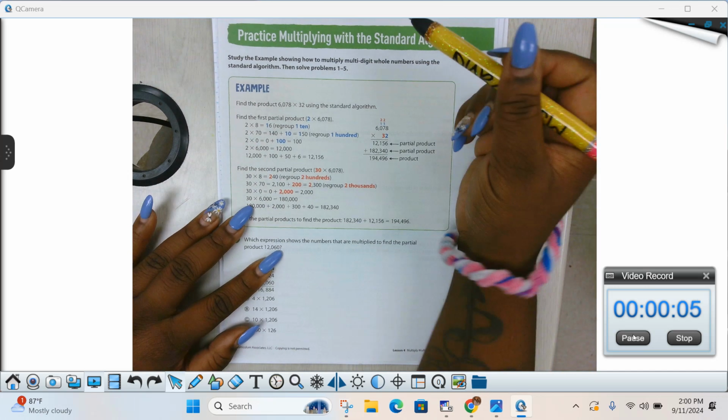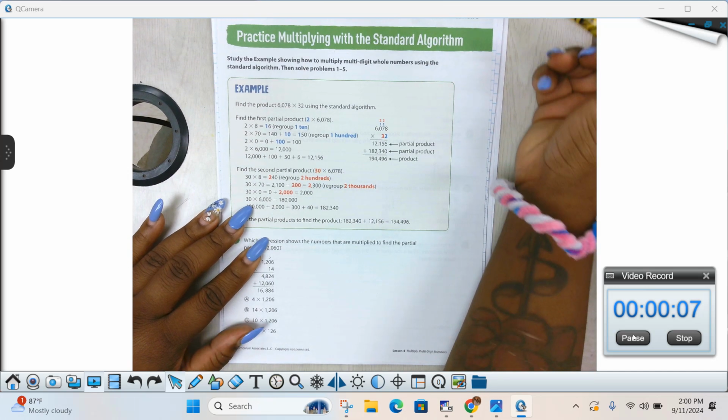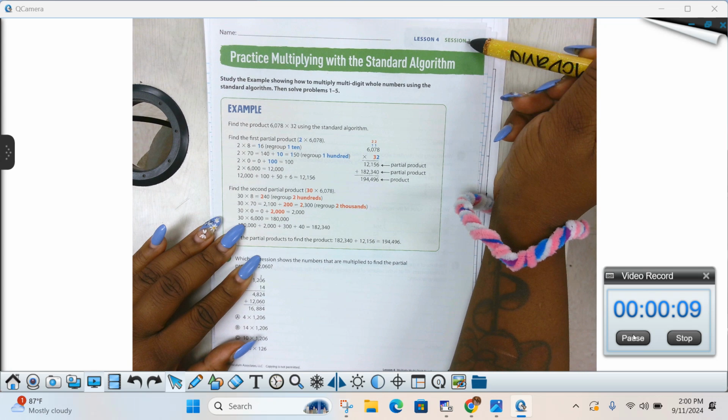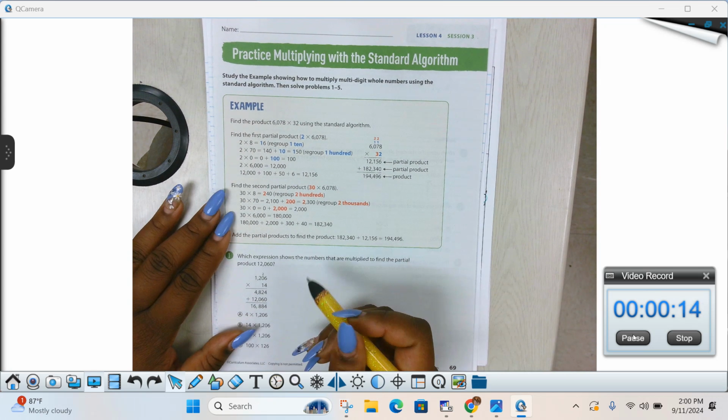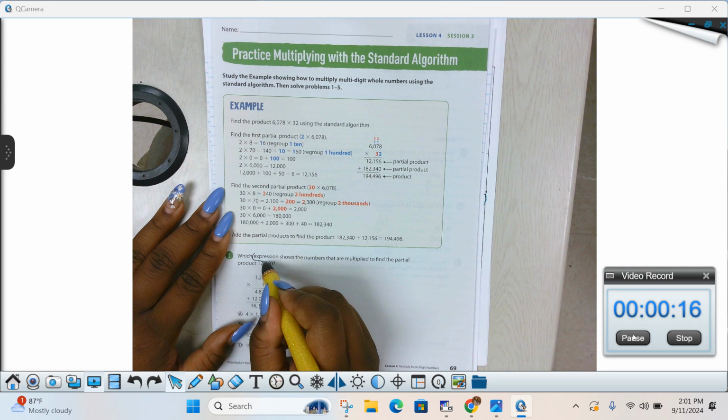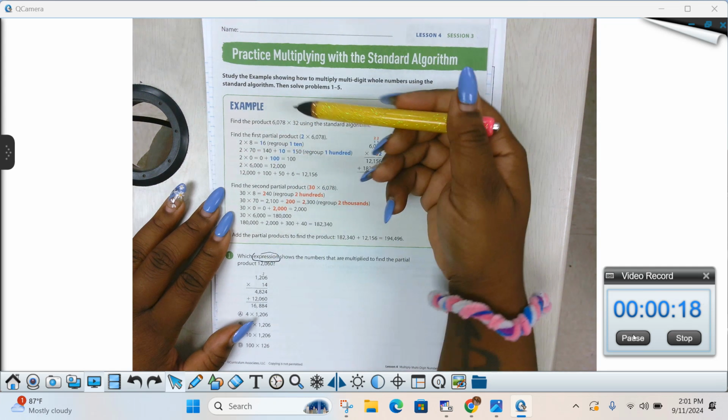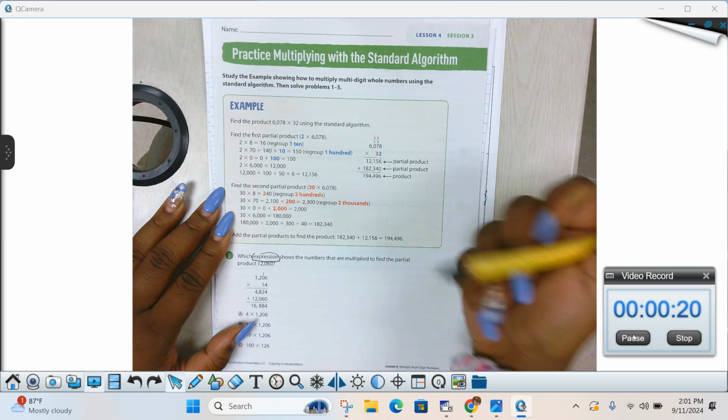About to get started with practicing multiplying with the standard algorithm. This is lesson 4, session 3. This is our last piece of homework for this week. We are going to start with question number 1. But before we get started with question number 1, let's look at the example, which tells us how to use